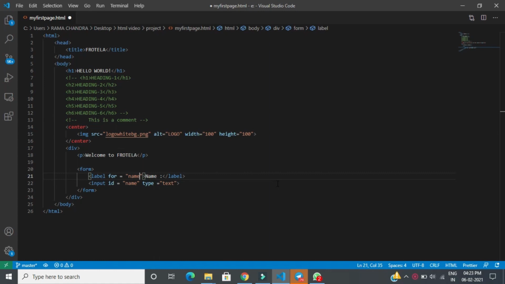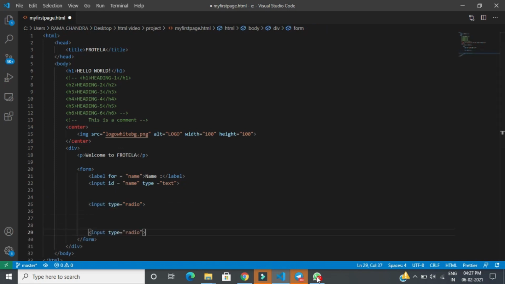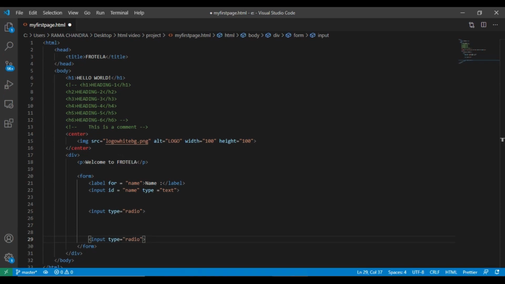Now let me add two radio buttons with the labels male and female. Input of type radio. Let me add the same input of type radio again. Let me give labels to both the inputs.